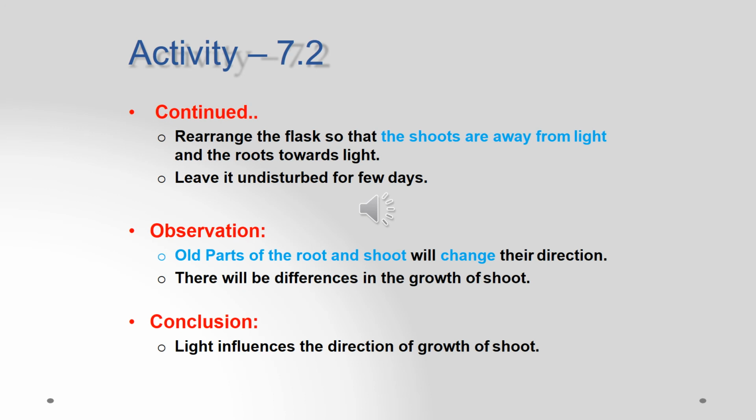So the cells which are on the other side, right, wherever shade part, where there is no light, need to divide more fast. Okay, there more requirement of cell is there. Why? Because it has to bend. Whereas the cells which is towards the inner side, towards the light, which is facing the light, there the number of cells will be less. Whereas here on the other side, the number of cells will be more because of the hormone called auxin. Okay. So this concentration of auxin stimulates the cells to grow longer on the side of the shoot which is away from light. Thus the plant appears to bend towards light. Okay children, I hope you have understood this.